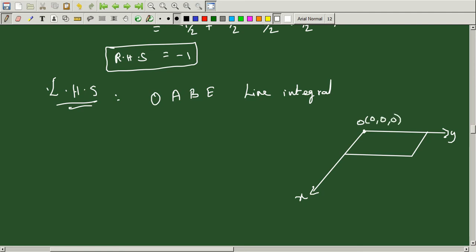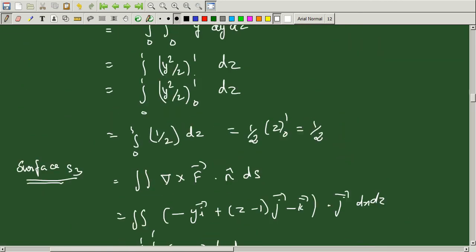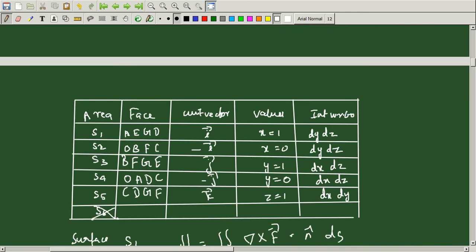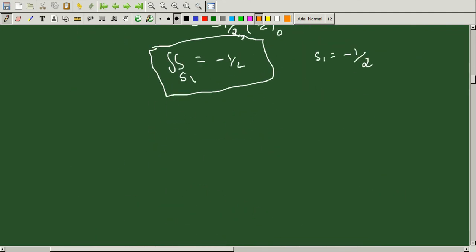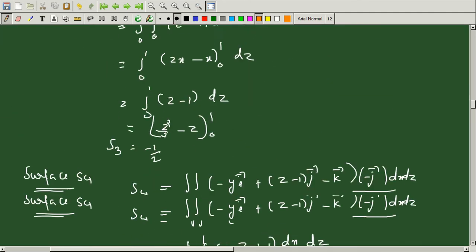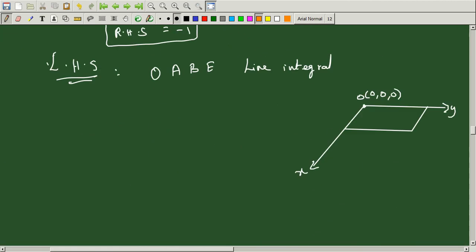And let's consider the diagram again. So this is the whole diagram. From this whole diagram, we are omitting this surface alone. See, I will show which surface exactly. This surface alone we are omitting, OABE. So that's why I'm taking that surface alone. You have to take that surface alone. It should match this cube box. Otherwise, this is not okay.